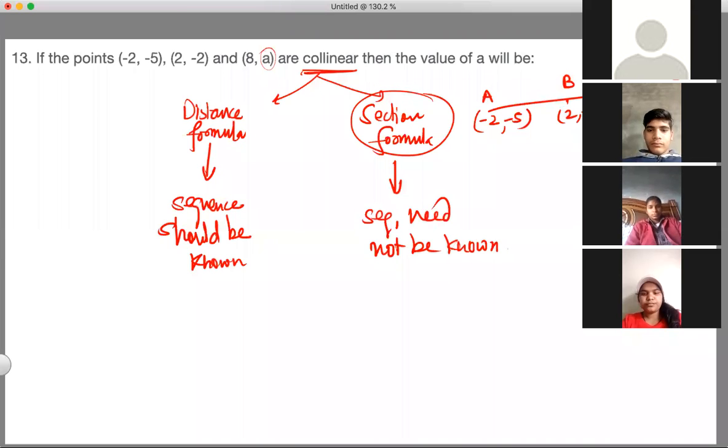ऑब्वियसली सेक्शन फॉर्मूला ज्यादा वर्सेटाइल है, उसी को यूज करके करते हैं हम। तो सबसे पहले हम क्या करेंगे, वी विल फाइंड द कोऑर्डिनेट्स ऑफ बी यूजिंग द सेक्शन फॉर्मूला। ठीक है, लेट्स असूम इट डिवाइड्स इट इन द रेशियो k:1। सो बी के क्या कोऑर्डिनेट्स बनेंगे, (8k - 2)/(k+1) और (ak - 5)/k+1